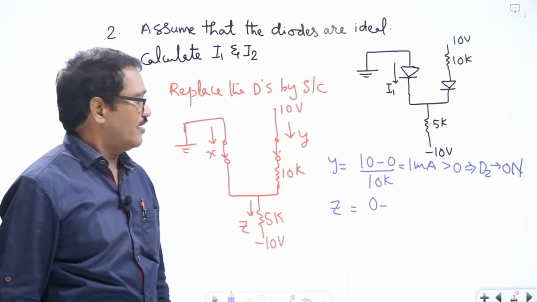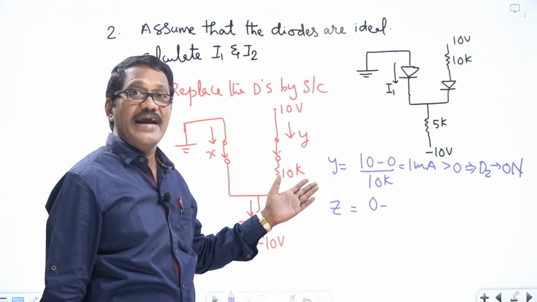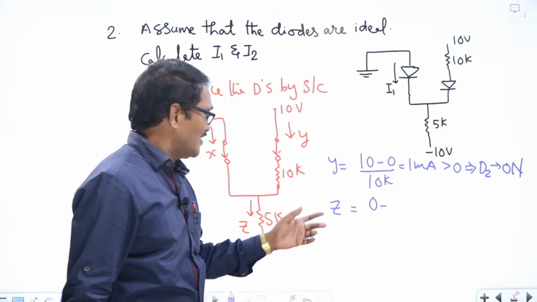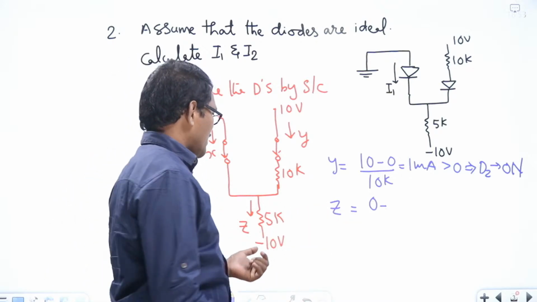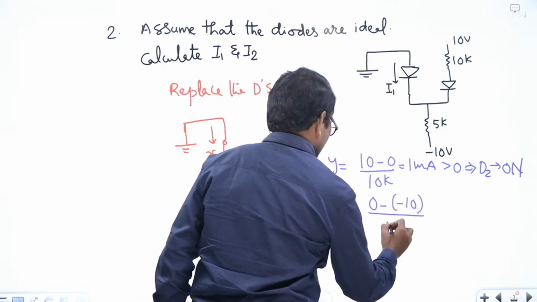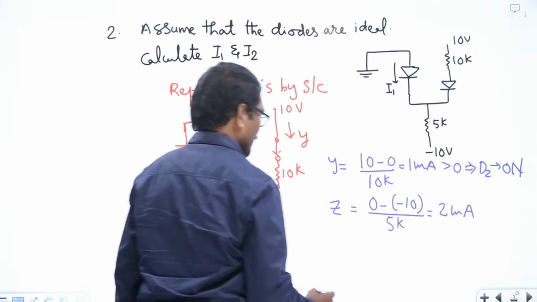D2 is on. As we have already mentioned, in the short circuit test, if ID is greater than 0, then the diode is said to be in on state. Now Z is equal to 0 minus of minus 10 by 5K, that is 2 milliamperes. And now